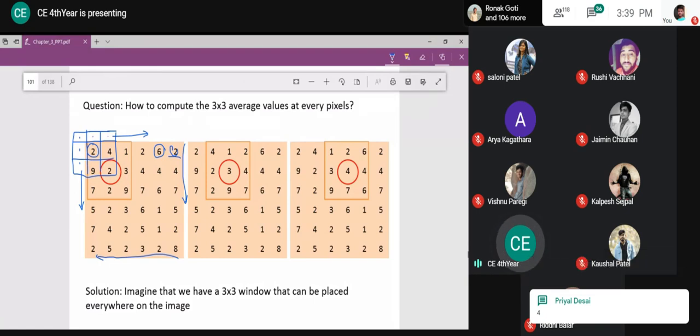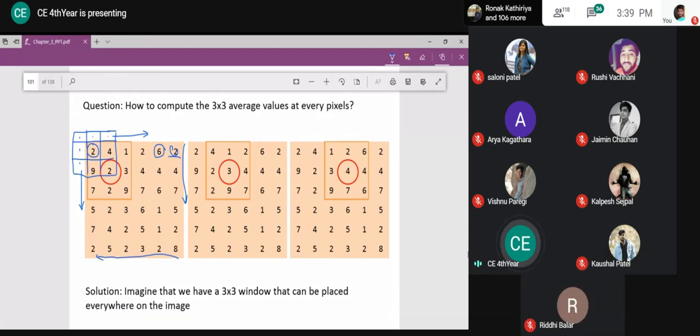Yes, 4 rows and 4 columns totally. That means 2 rows on each side. Because my size will be 5 cross 5, right? If I take five neighbors, it will look like this, with this as my center element. I will need 2 rows on both sides. Same way here, I will also need 2, because it will be 5 cross 5. Two elements on this side, two elements on this side, and the center one is this. There will be two lines here and two lines above.